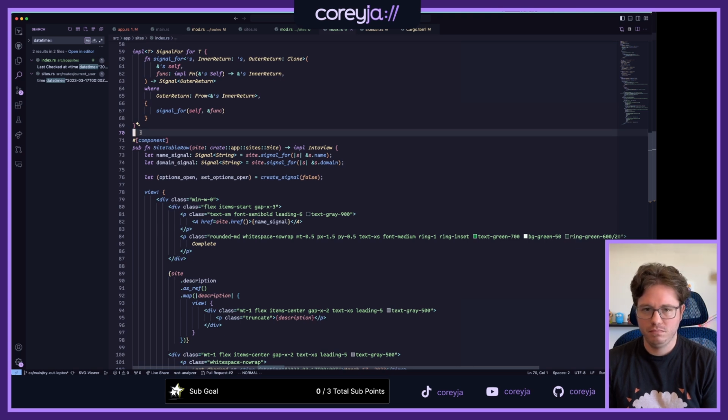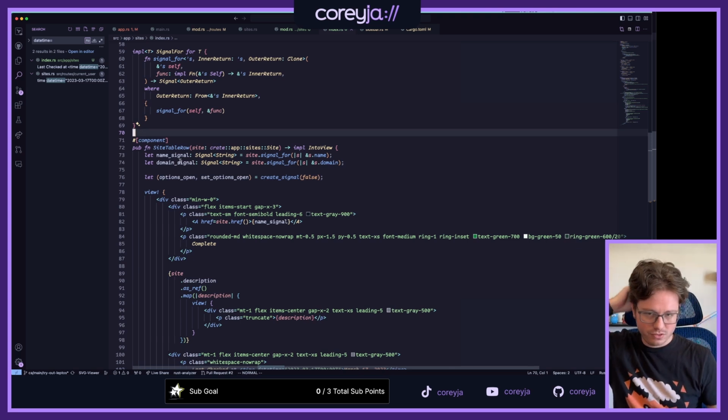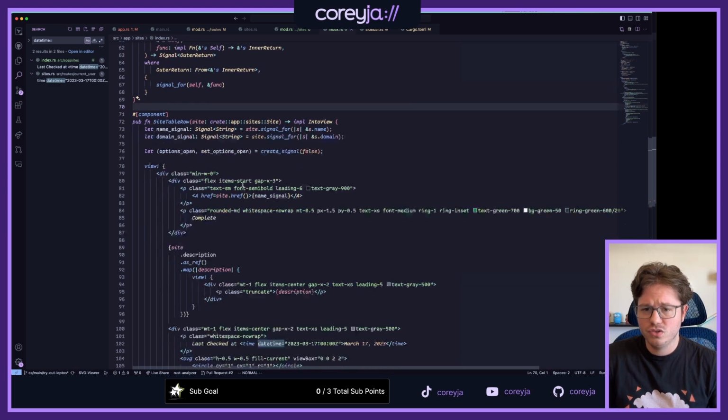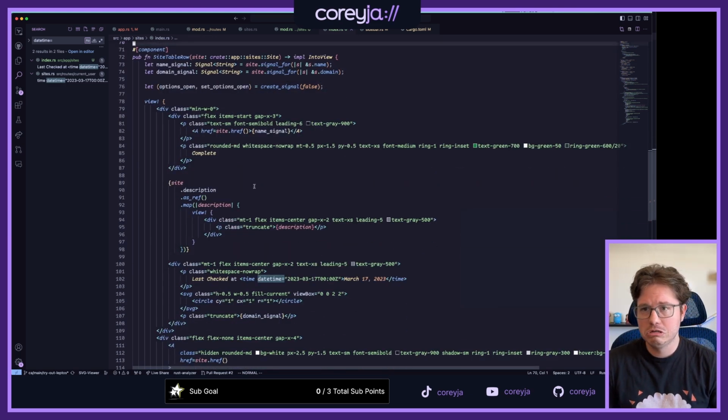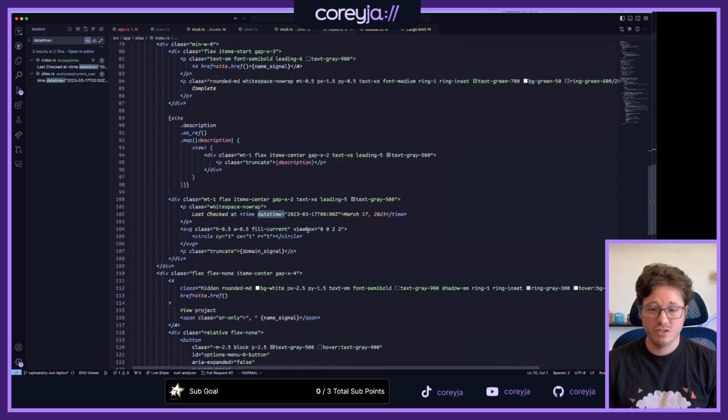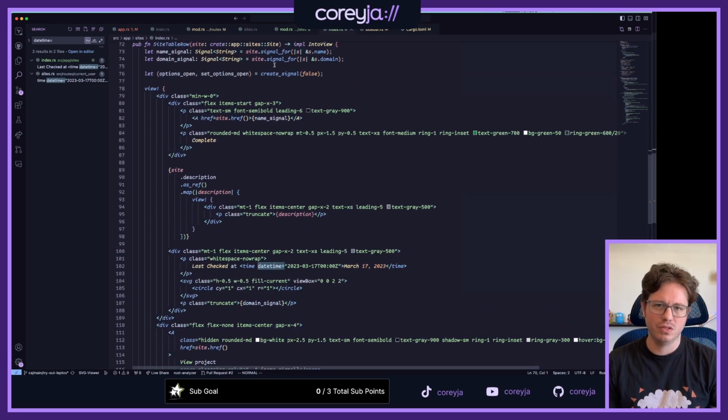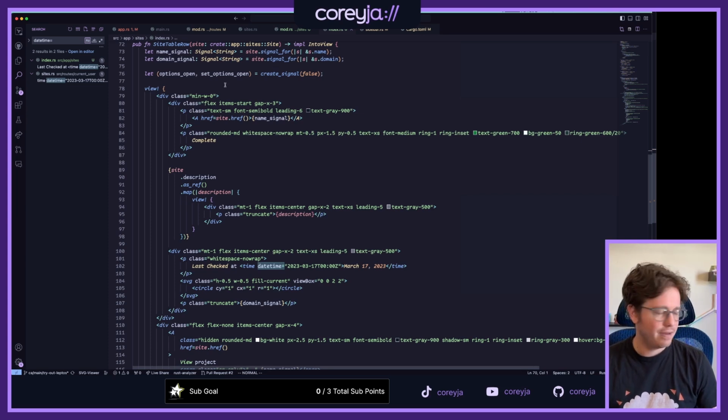Yeah. Signal for name, signal for domain. If I only use it once, I don't need that, but if I use it twice, I do. Yeah, it's okay. I don't even need it for domain. Why did I do it for domain? Oh, so I didn't have to clone the thing. Oh, I'm cloning the thing anyways. That one wasn't the best reason for that, but that's okay.